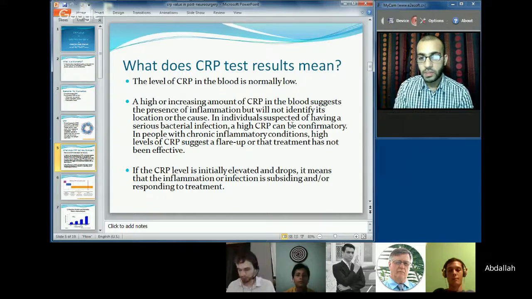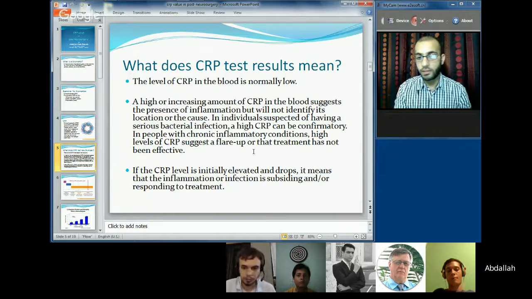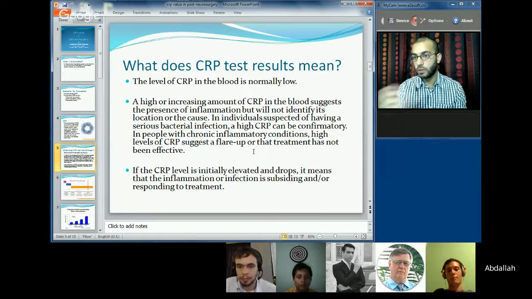In individuals suspected of having a serious bacterial infection, a high CRP can be confirmatory. In people with chronic inflammatory conditions, high levels of CRP suggest a flare-up, which means a sudden inflammation, or that the treatment of the chronic inflammatory condition that the patient is suffering from is not effective. Because if the treatment is effective, it will decrease the inflammation, and accordingly the CRP levels will be decreased